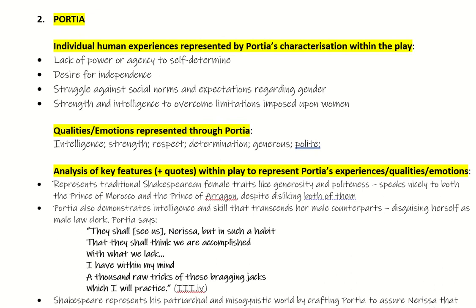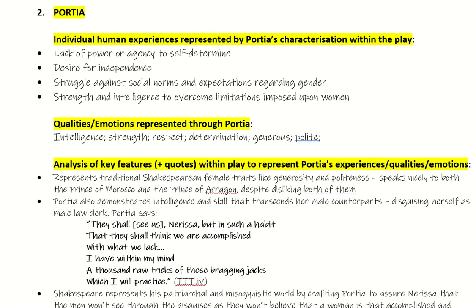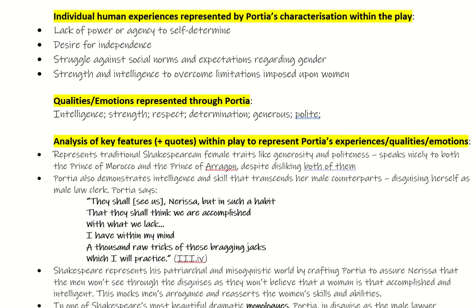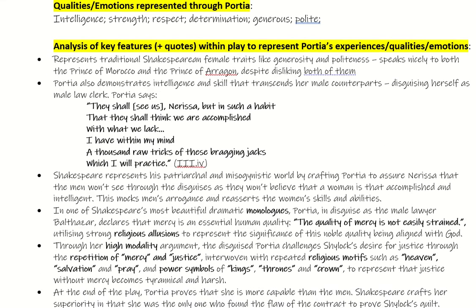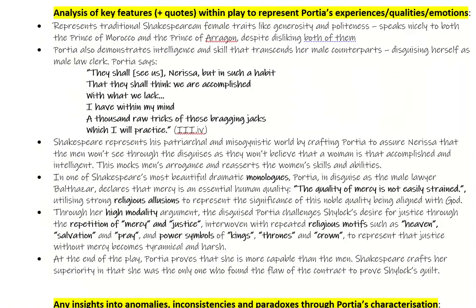Obviously, then in your notes, as you can see, if you keep scrolling, you've got Portia as another character, another individual character who obviously represents very different experiences and ideas to Shylock. So you've got some points there to think through in terms of what she embodies and what she represents for Shakespeare's crafting. Again, different qualities and emotions that we see through Portia's character. Again, I've given you just a few, not as many, because I want you to actually do some of this actively yourselves, make them your notes.